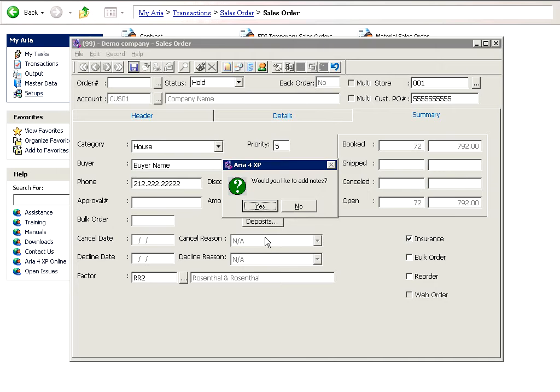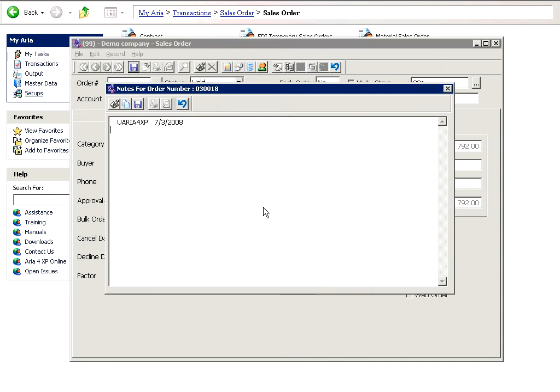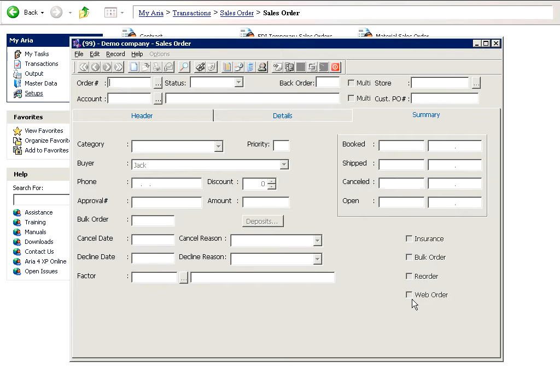Like all other entities in Aria, Aria will give you the ability to add a note for the sales order. We just click on yes, and you can type your notes in here, and you click on the save